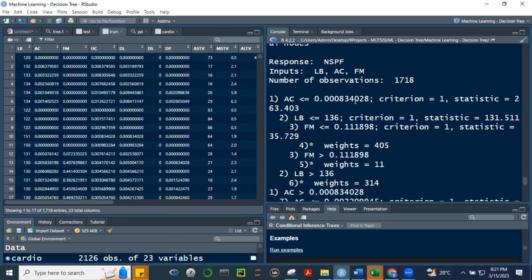If it's less than 0.008, then conclusion kagad, normal. Pag hindi, punta tayo dito sa second step. Tingnan naman si LB. Is LB less than 136? So yes, LB is less than 136. Then ano yung conclusion? 1 pa rin. You get the idea?